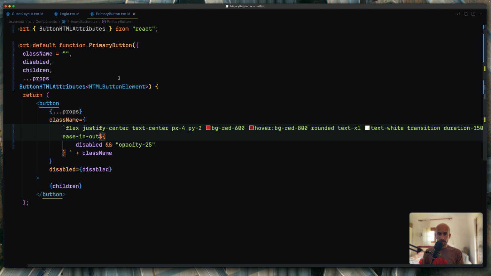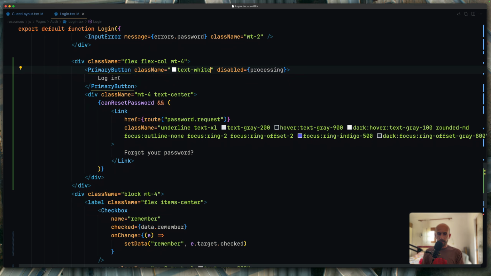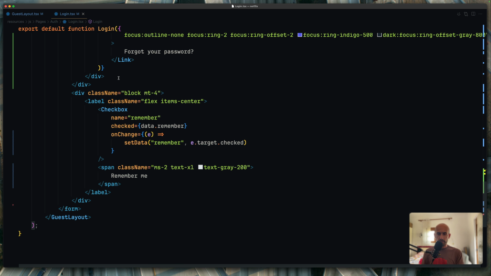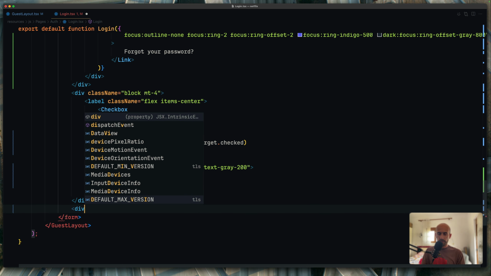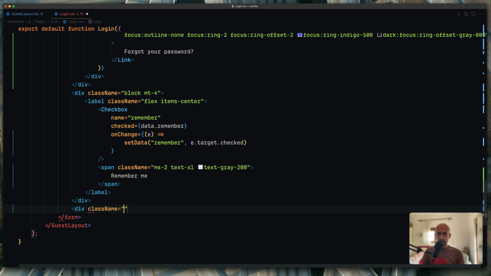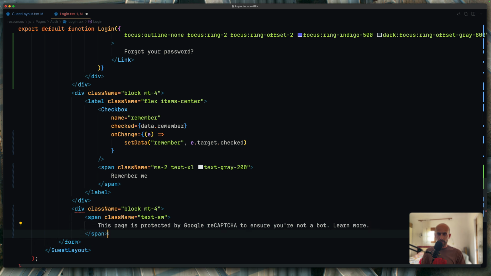in a paragraph. So I'm going to close now the button, but after the remember me, which we have this div, I'm going to add another div with a class to be block, margin top, and let's add a span with text to be small. Sorry, we need to add first the class name, and let's say text to be small, and then I'm going to paste this text. Also, we need to close the div. Let's see